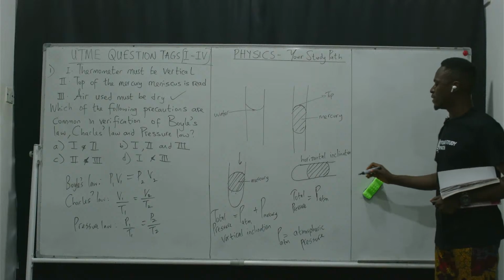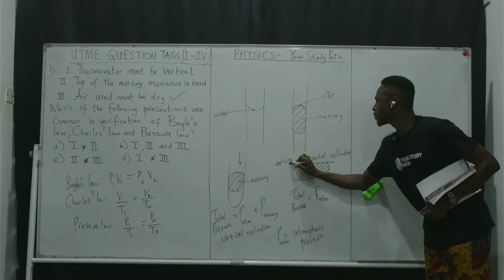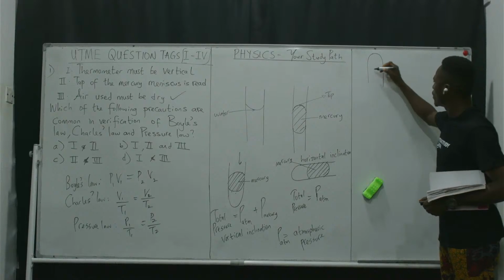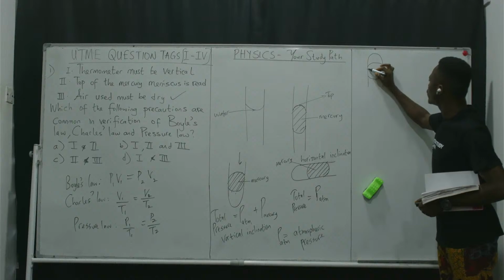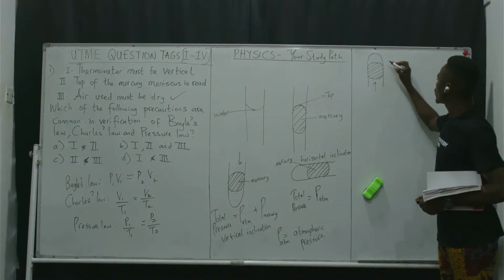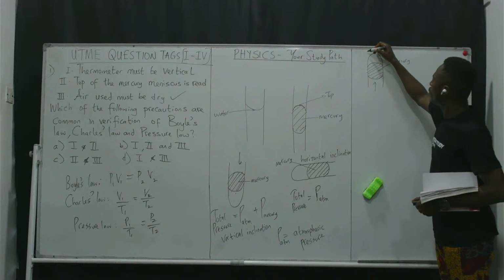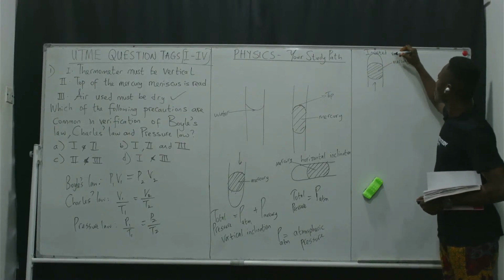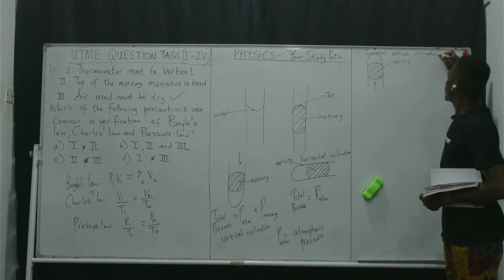Or you have the last case scenario whereby you have an inverted tube, where you have your thread of mercury. Atmospheric pressure is acting this way. This is mercury. In this case here now, inverted